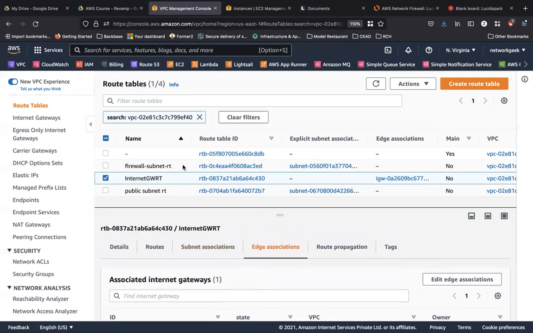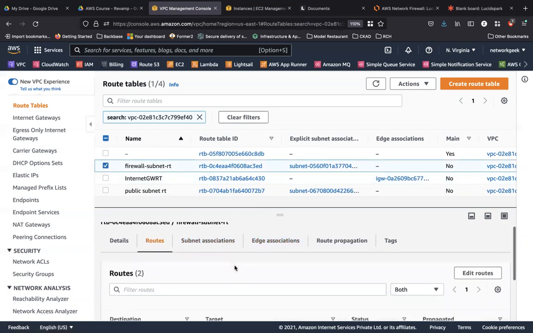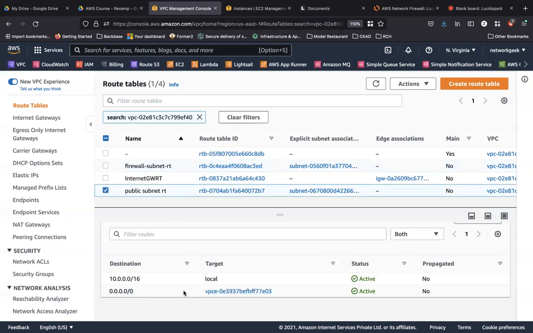Now let's take a look at our firewall subnet route table. For the firewall subnet route table, we have the firewall subnet associated with it. And this is where you say all the traffic should go through the internet gateway, because the traffic that goes from within your VPC would go to the firewall subnet where your network firewall is. And then from there, the traffic would go to the internet gateway, so that the traffic is inspected by the network firewall first before it goes to the internet. So in that way, you have to mention for your firewall subnet that all of the traffic should go to the internet gateway. But for any subnet within your VPC, the traffic should go through the network firewall.